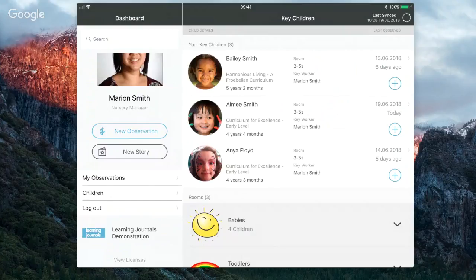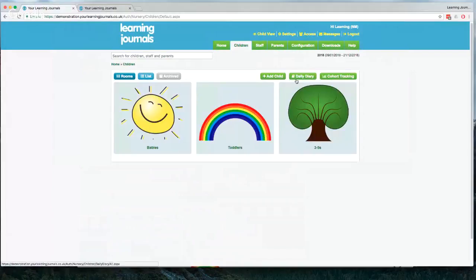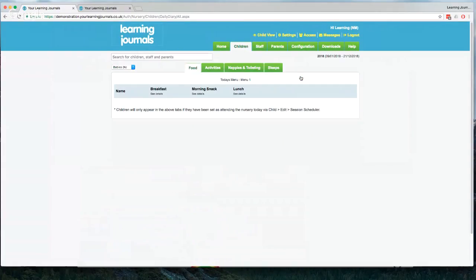You've also asked about daily feedback on the app, and I'm assuming that means daily diaries. For those of you who don't know, there's a feature on the web version of the system, if I bring that over here, called Daily Diaries. If you don't have this activated, just get in touch with us. We can activate that for you. And what Daily Diaries do is they allow you to